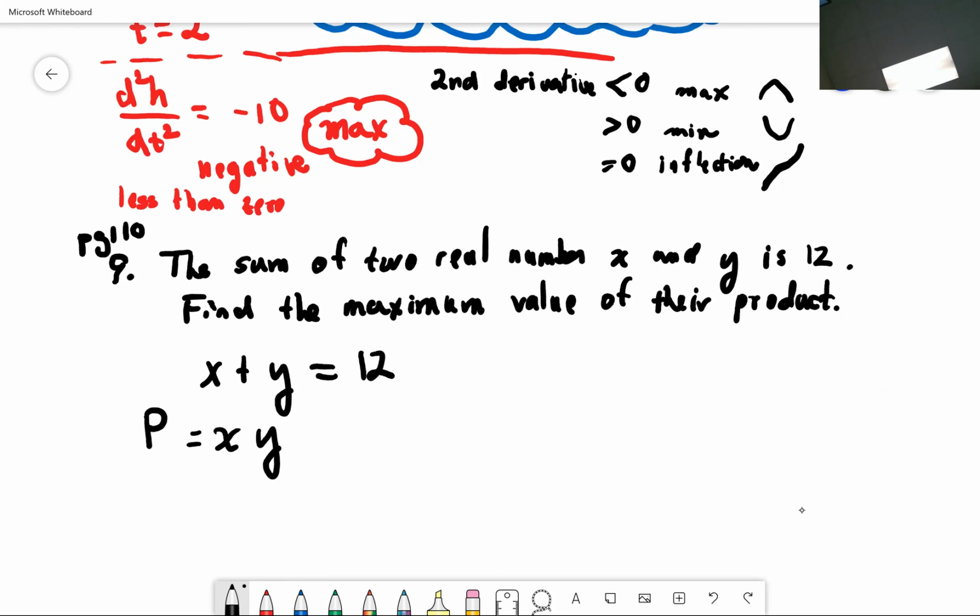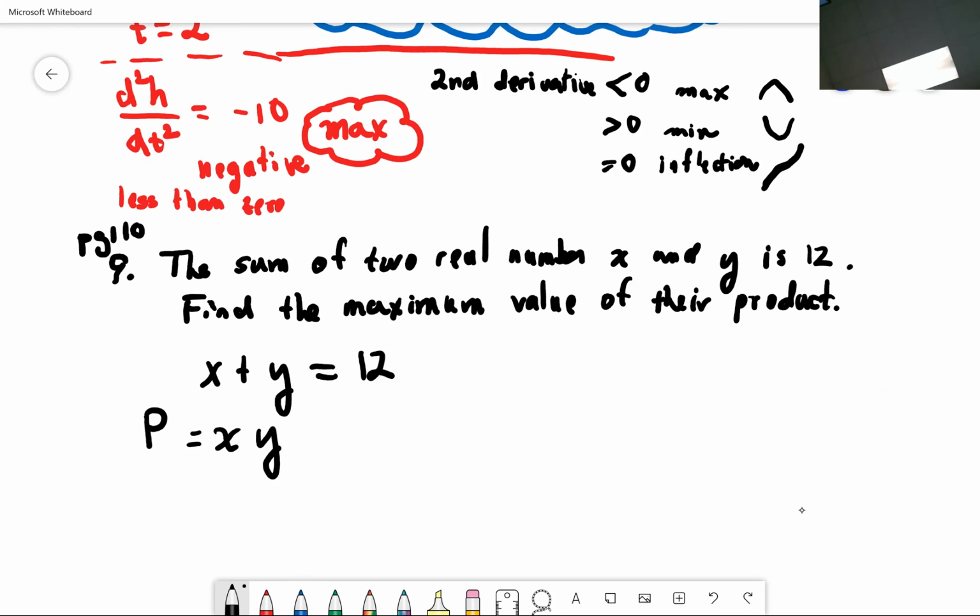Well, I can do 1 plus 11. 1 plus 11 is 12, but 1 times 11 is 11. But then let me try 10 plus 2. 10 plus 2 is 12, and 10 times 2 is 20. Ah, that's more than 11. So there has to be a combination of numbers that adds up to 12 and at the same time has a maximum product. You can try numbers over and over, but you also have decimal values. You can have 8.1 plus 3.9, which also equals 12, and you can multiply them. You can do it like that as a method of exhaustion, or you can use